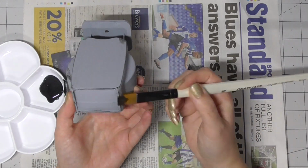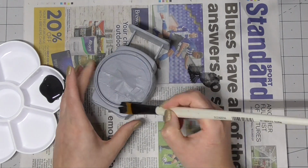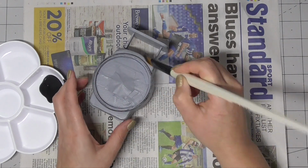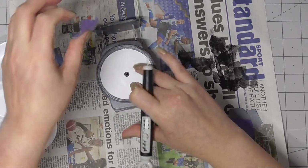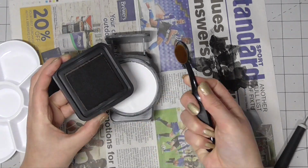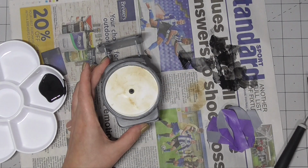I did use some spray paint. I don't know why I don't have any footage of my spray painting, apologies, but I spray painted the scale and also the little basket that sits on top of the scale with this grey primer spray paint, and then I brushed some black paint just to highlight the edges and give it more of a distressed look. Speaking of distressed, I took some distress ink and a blender brush and applied that to the face,